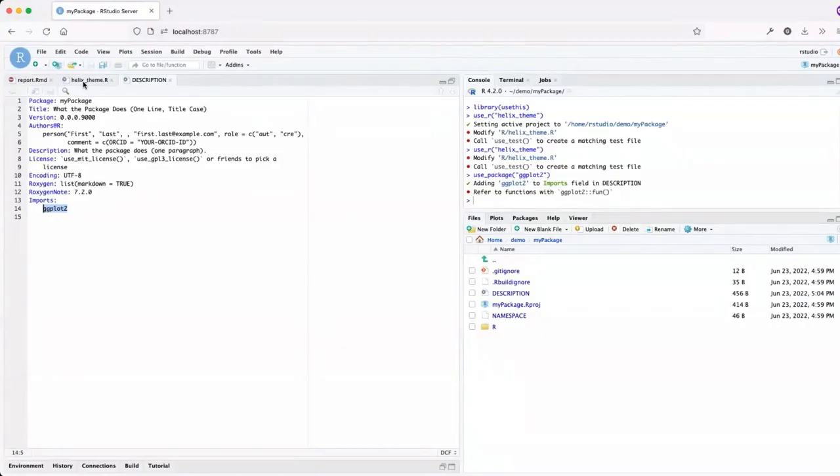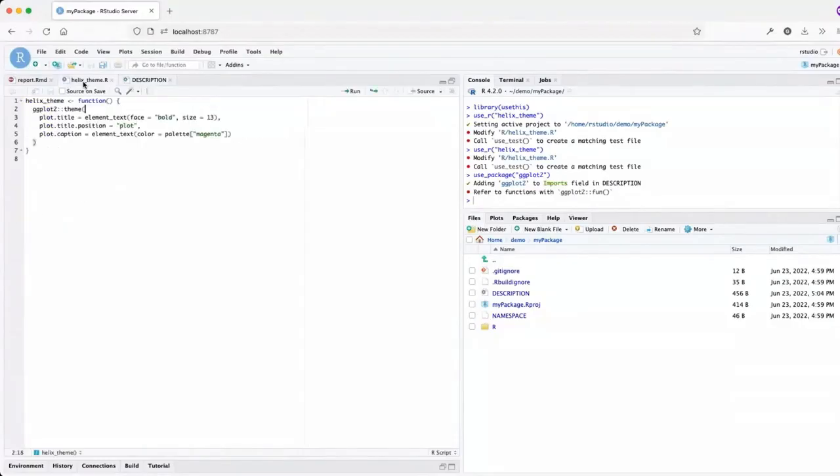This line will tell R to install ggplot2 for them when they install your package. It basically will make sure that they have the package installed. You won't be allowed to install your package, more or less, without figuring out how to get ggplot2 installed first. And this is a really nice feature of packages.